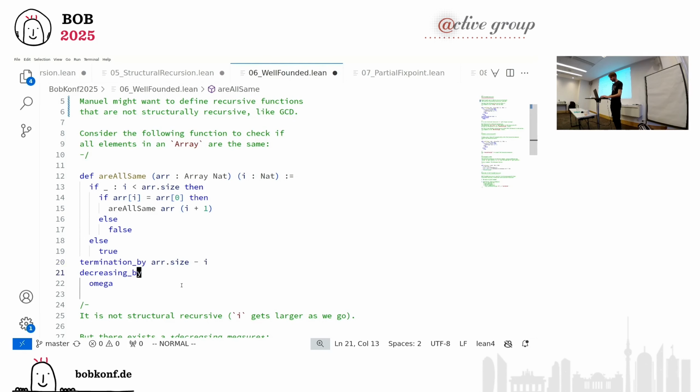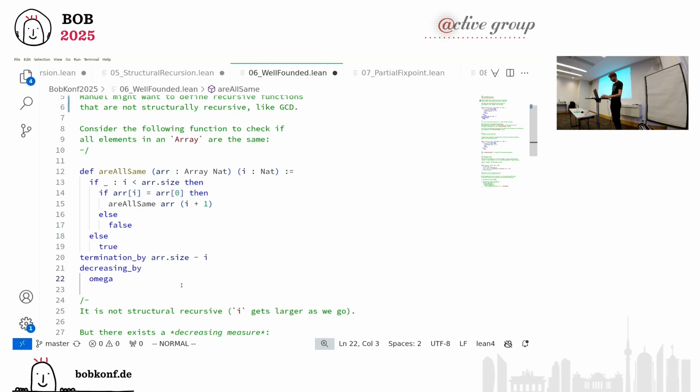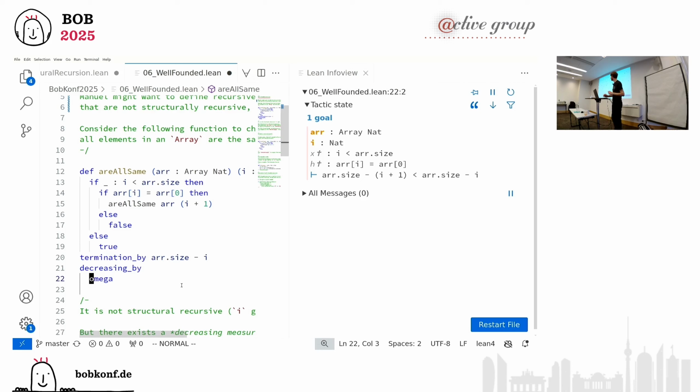So if we look at, now we're in proof mode. We didn't actually see much proof mode yet. So here I can write tactics like we saw on the first or second slide. Here on the right, we see what we actually have to prove at the moment, the goal state, and we see that we currently have to prove this thing, and these are some assumptions we can make, something we assume to be true in the current proof. And we see, for example, that we have to prove that something is smaller than the termination measure that I just specified, with i being the parameter of the function.